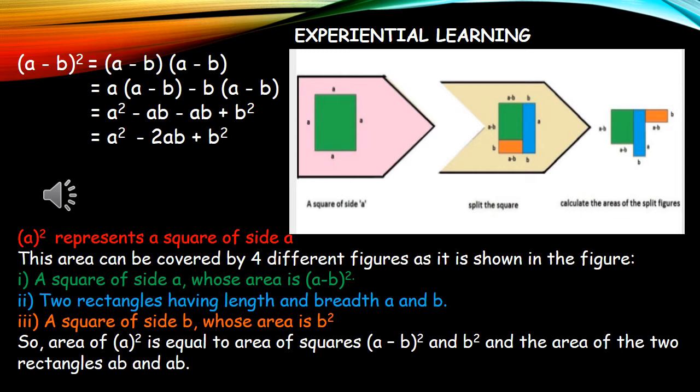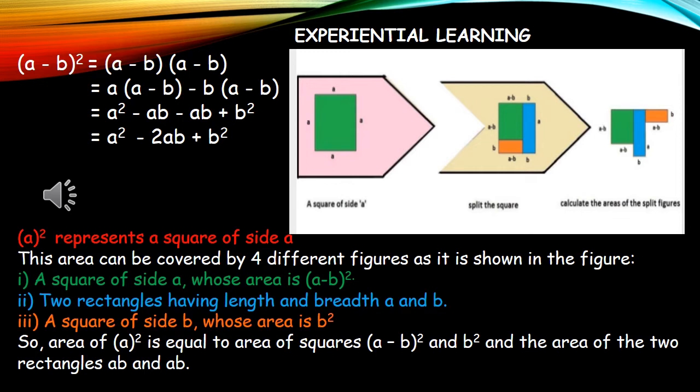Now, let us geometrically derive it. This geometric derivation of this slide and the previous slide, we will be doing once again in our math class, elaborately. Now, in this case, the largest square, which is shown in the first figure, is representing a square. In the previous slide, it was showing a plus b whole square, but here it is showing a square. That means the length of the largest square is now represented by a.